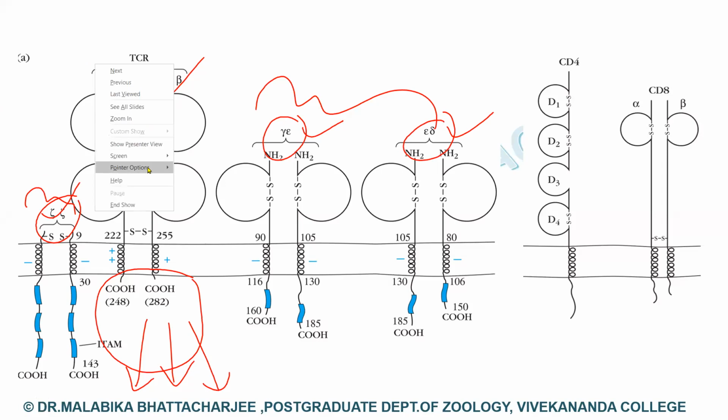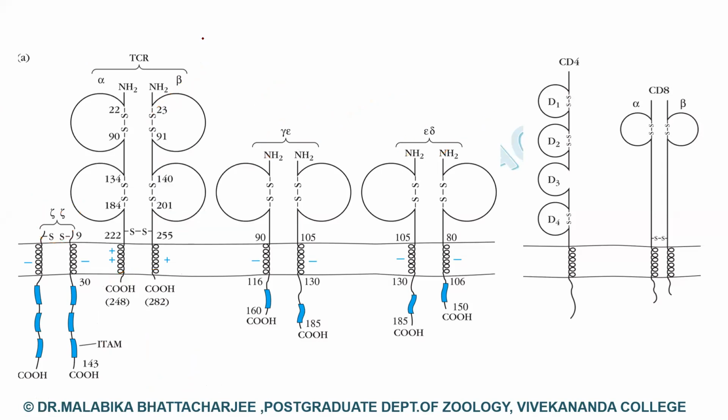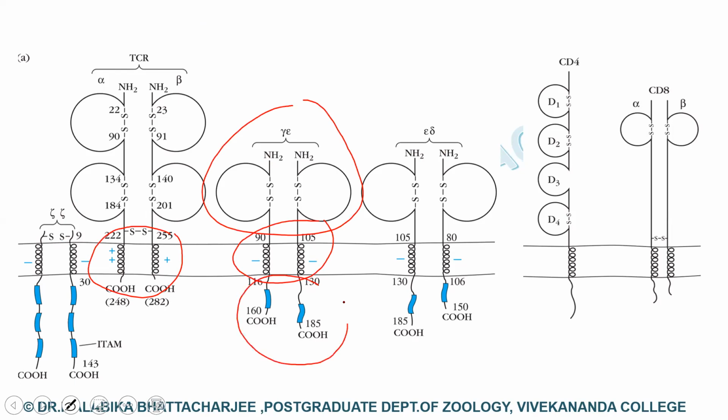Now, when we were discussing the structure of the TCR molecules, what did we realize? That in the transmembrane domain, there are certain positively charged amino acids. When we look into the structure of the CD3 molecules, you can see that there is a small extracellular region, there is a transmembrane domain, and on the cytoplasmic part, we have some tails. And these tails contain these blue blocks. So these blue blocks are now important.